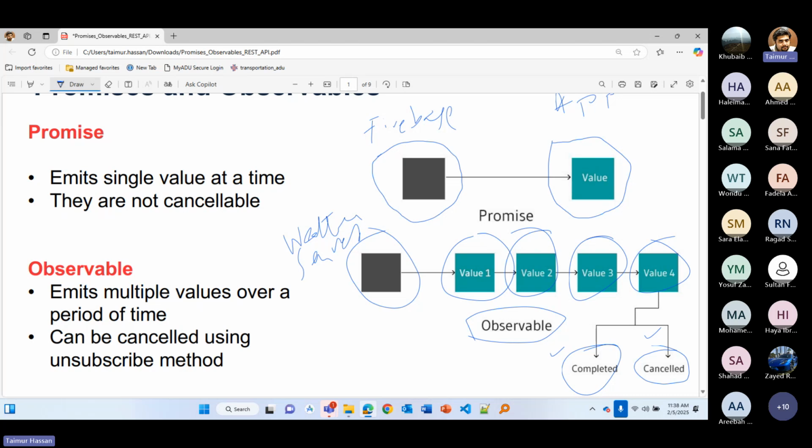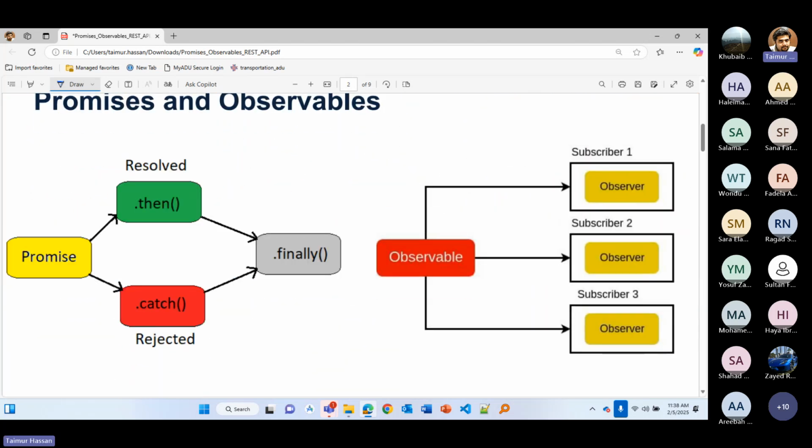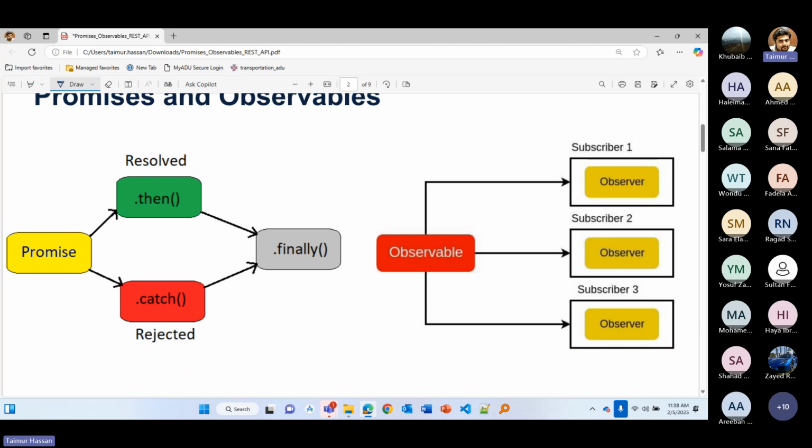So instead of just relying on the promises and observables provided by other servers, we can also build our own promises or observables. Now, how can we build our own promises and services? I'm going to show you. So basically, when you want to build a promise, that promise can return you a successful event or a resolved event. You can call it a resolved event. The resolved event will tell you that, okay, the result which you wanted,